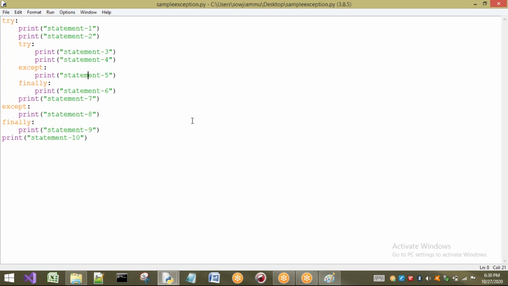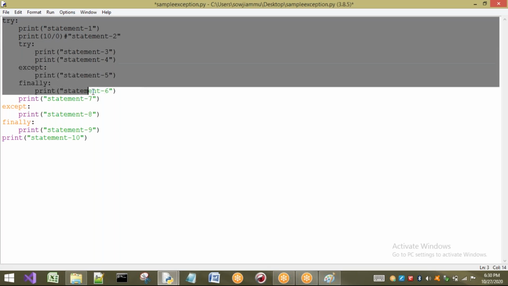If there is an exception at statement 2, let us take one small exception. I am going to comment this one out, and right here I will just raise one exception. Now observe, if I raise an exception here, what happens? Is there any except block here? This is in which block? The outer try.